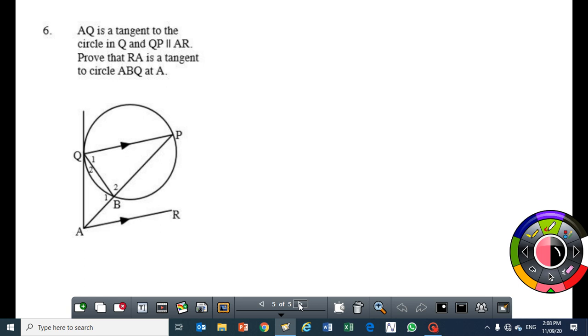If an angle is given in a circle... Sometimes they won't give you a circle, like in this case, you don't have a circle, right? If you are given, say, a triangle like this, for example, and this point is A, that's B, that's C. If they ask you to prove that, say, this is D, that's E, prove that DE is a tangent,